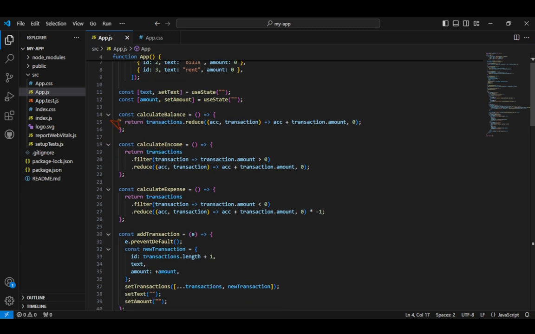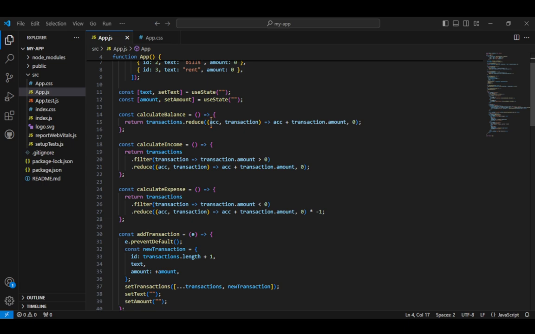So the calculate balance. Here, the first is the return, and then return transaction reduce. So we call this reduce. It is used to accumulate the total value by iterating the transaction array.